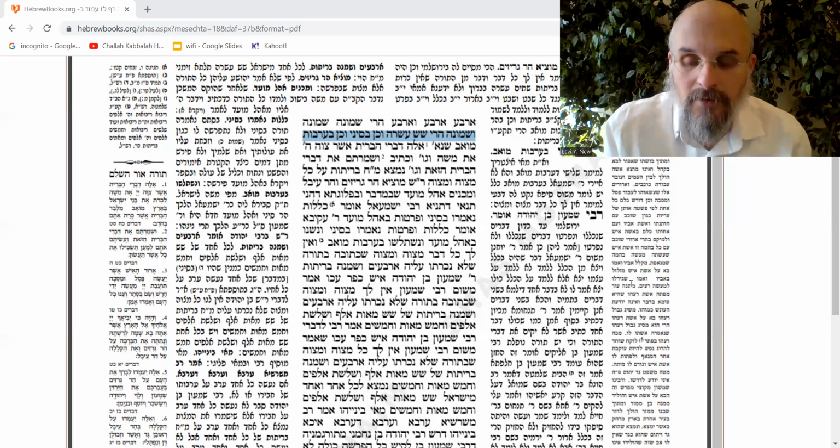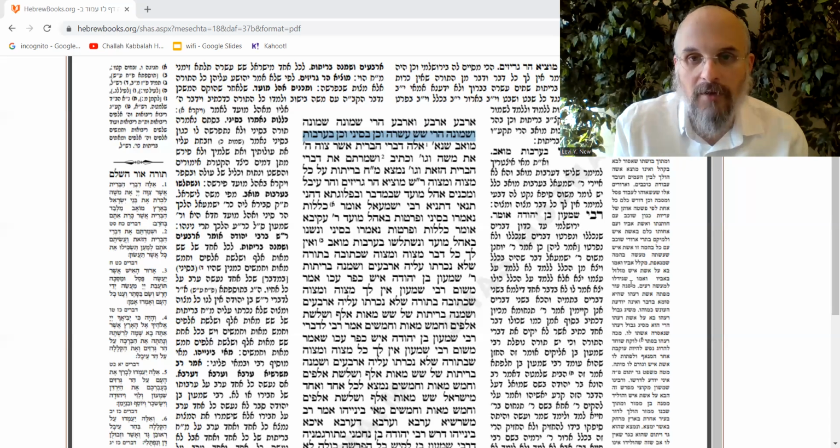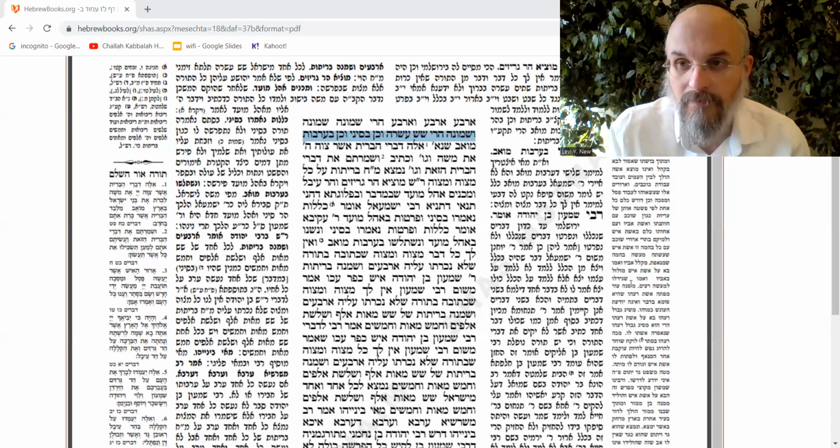So there's the love. I want to get closer, and that motivates doing for the other. And then there is the fear. I don't want to lose the relationship. And that motivates not to violate the other. So love motivates the performance of mitzvahs. I want to be close to Hashem, and the mitzvahs are the means to get to that closeness. And I fear losing my relationship with God, and therefore I'm not going to do anything He asked me not to.